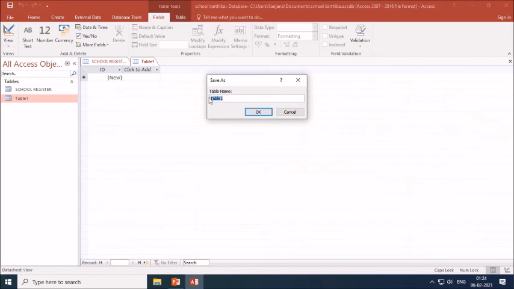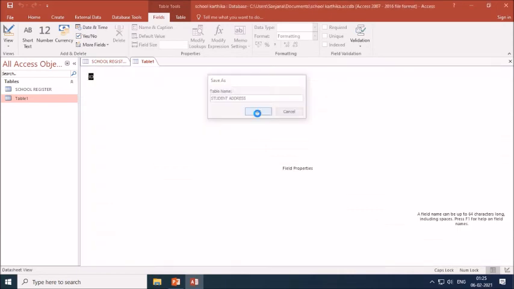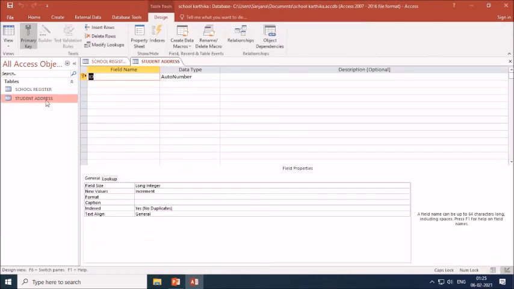You can write here student address. Here I have given student address as the table name. So click on OK. So the second table has been created.